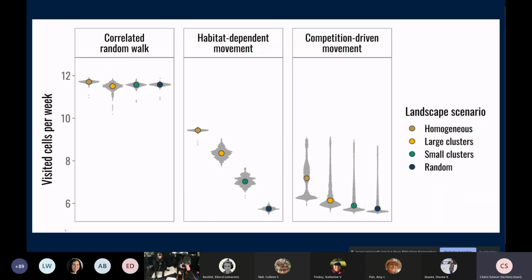So actually, these are not violin plots, but these are beeswarms, but with very, very tiny dots. These are 500 gray dots, which make up these shapes. And I think they tell a lot of story here. For example, that on the right hand, you see these long bands towards the upper one. So we see why the majority doesn't visit many, many cells. There are many runs or several runs, and it doesn't matter which landscape scenario where the animals end up in more cells. And for example, in the middle, you see this nice shift from high values to low values, while on the very left hand, all look the same.